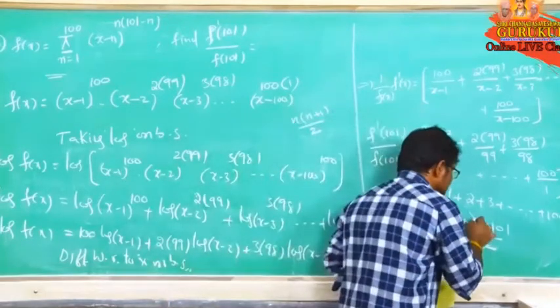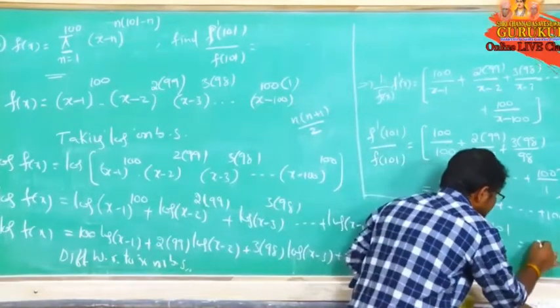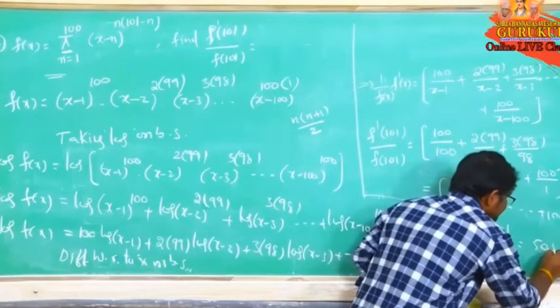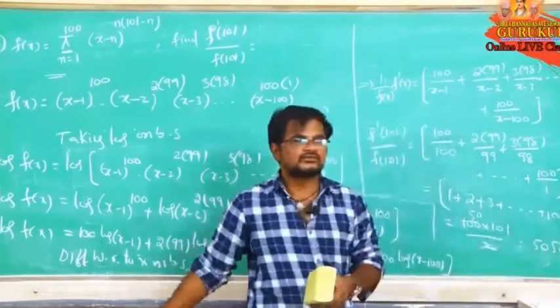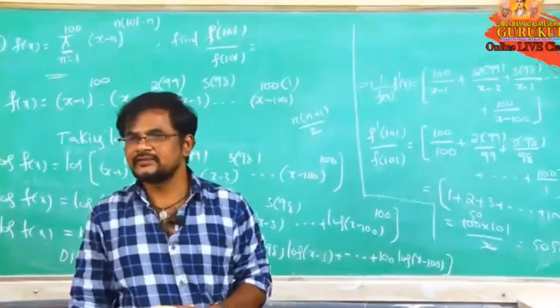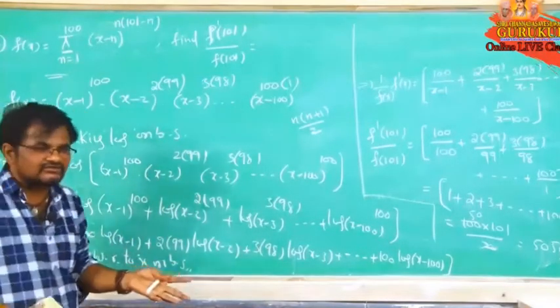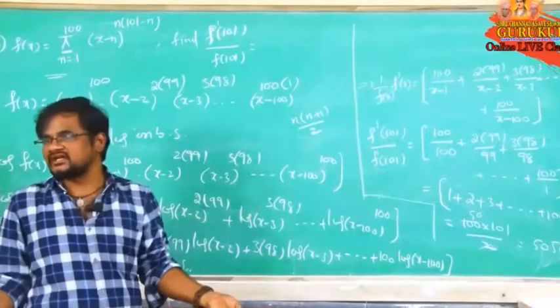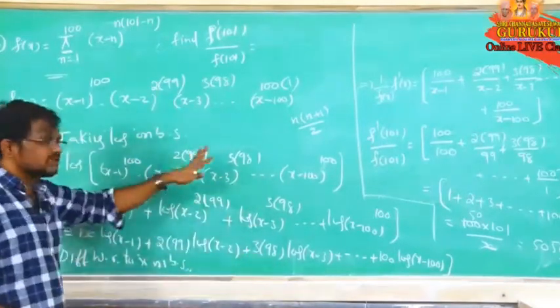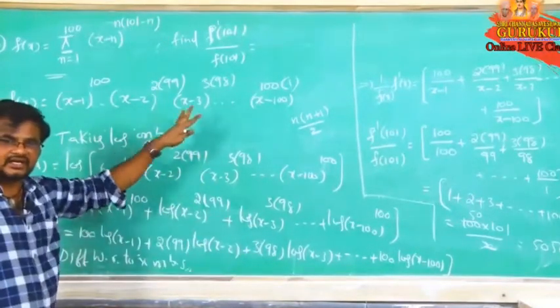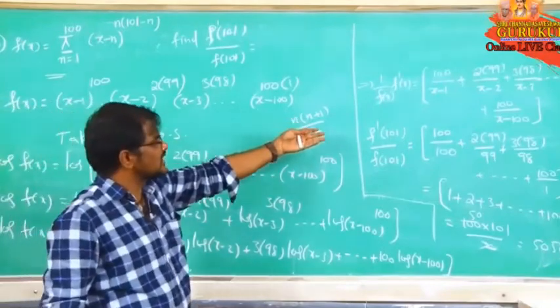Now if you cancel this one, what is the answer you will get? 5050. That is our answer, right? Now previously directly they given, but this is in the terms of what? Pi they given. We expanded that one. Pi is nothing but product. Then previous problems what you did, according to that, after that the value they asking, that one you substitute.